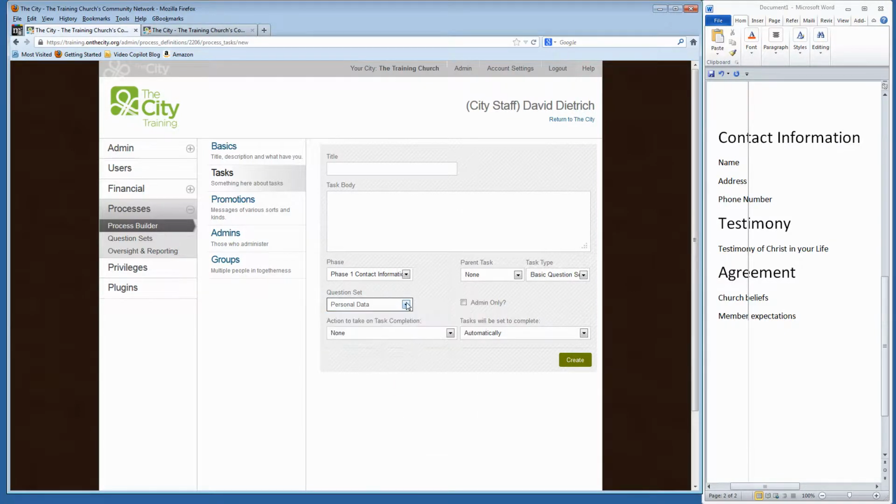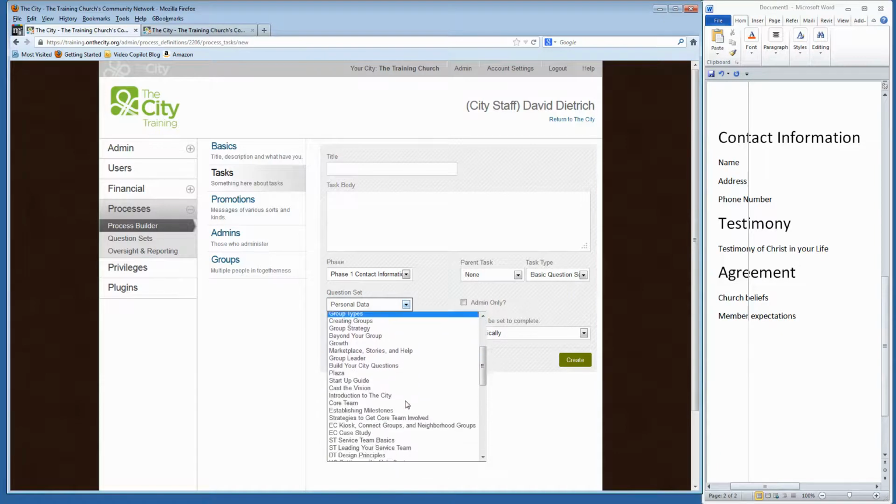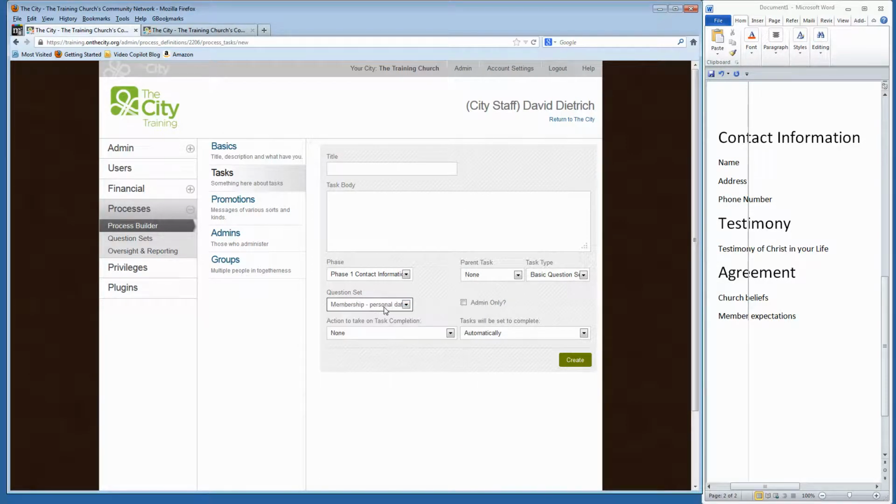So that's where it can be a little bit tricky at this point, and you might need to go back and create your question sets first. However, since I've already created some processes in this one, and I know that we have a question set that asks for personal data, I can just come down here to membership personal data, target this question set, and then we'll put a title up here, which is going to be,